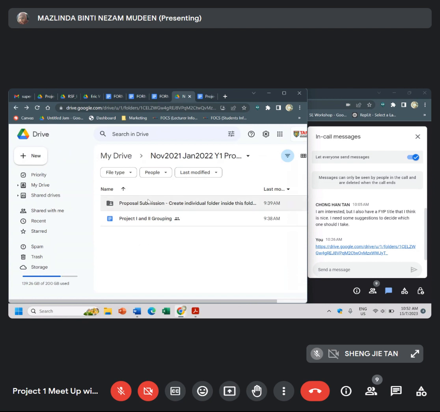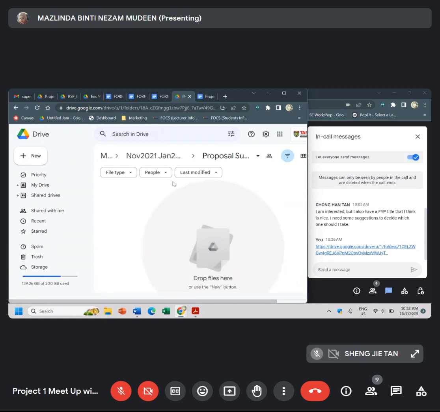So far this is the proposal submission. Once we have finalized your proposal, you can create a folder with your name, and then you will upload your form 1, form 2 and form 3. Once the moderator has moderated, I will upload back the moderated copy, the form 3, with the marks and also the comments given by the moderator.